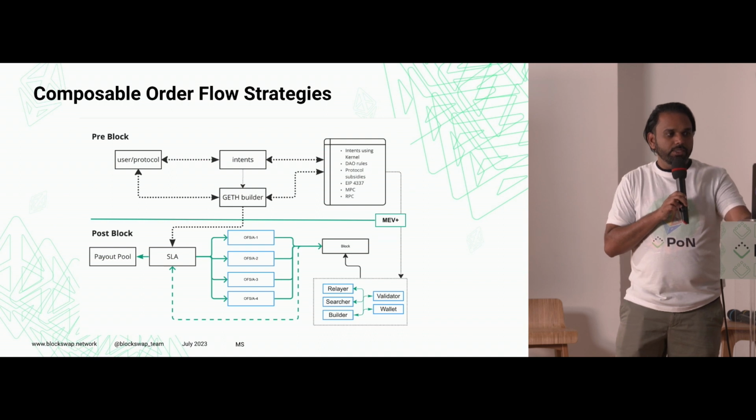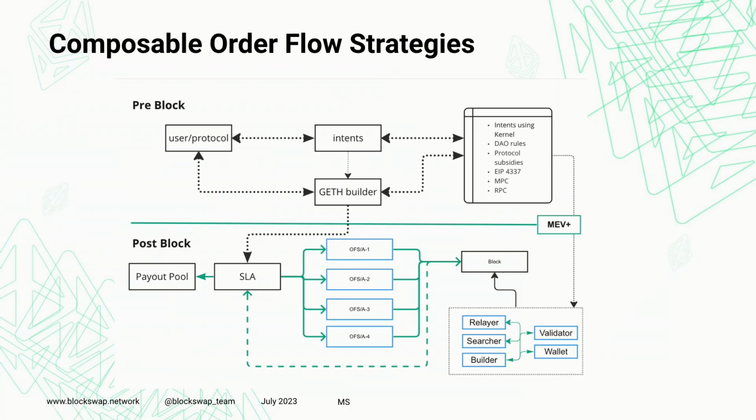So how do the pre-block and post-block work? We just mentioned how PoN Connect works: the user or the protocol just creates the intents, and it could be anything, right? Could be DAO rules or protocols, whatever you want to enforce. It goes into this Geth Plus builder, and this is like a full circle coming in like inside execution, but you can also do it without the Geth. You just want a simple intent like a swap and get it done. That can be done. But